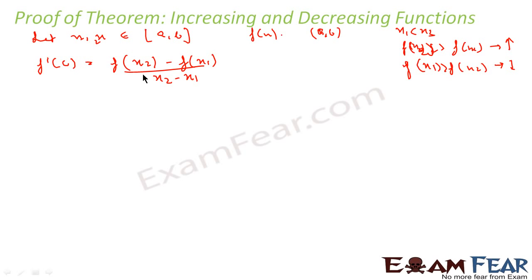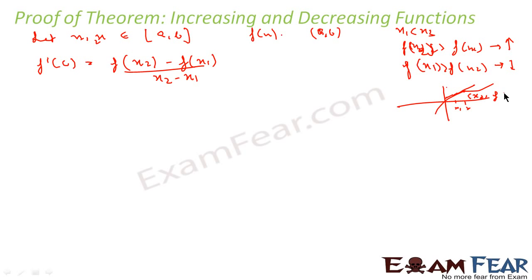Where c is a number between x1 and x2. If you see how I have done this, if this is my graph, correct? If my x1 is this point and x2 is this point, if I want to find the slope at this point, let's suppose c, this is nothing but the slope, we know that. And when I say f of x2 minus f of x1, that is nothing but y2 minus y1, because if you take this point,